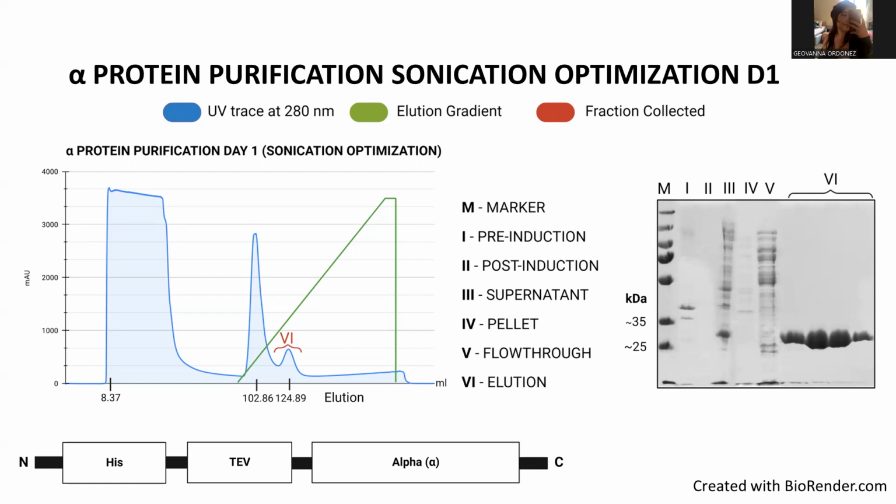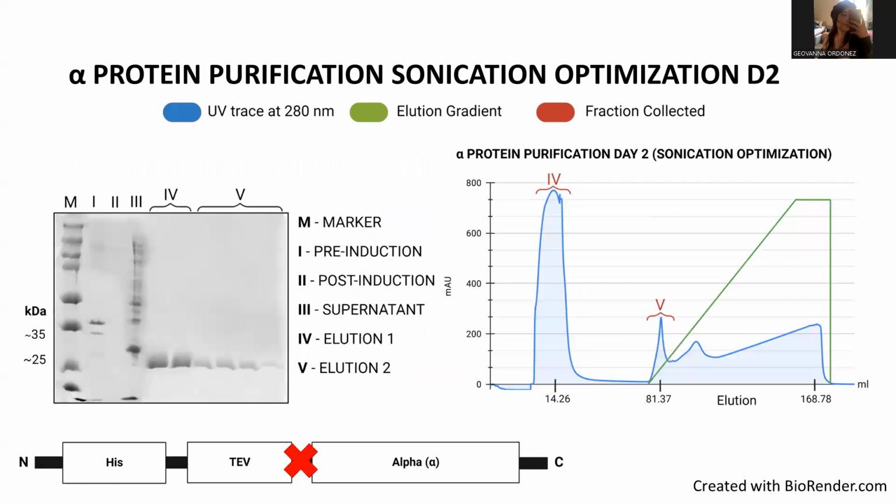So for day 2 of purification, we expect to see our purified protein in the flow through. So once we dialyze, this his and TEV would theoretically cleave off. So we would see this in our flow through, since the his tag and TEV and other residues will bind to the his trap that we use during our immobilized metal affinity chromatography. This has been a huge achievement since the last successful alpha purification was more than 2